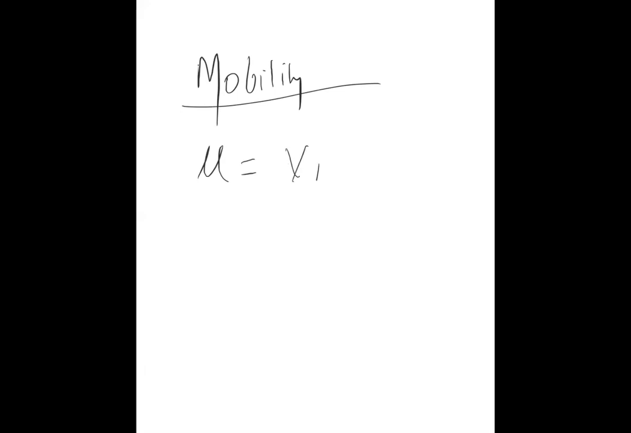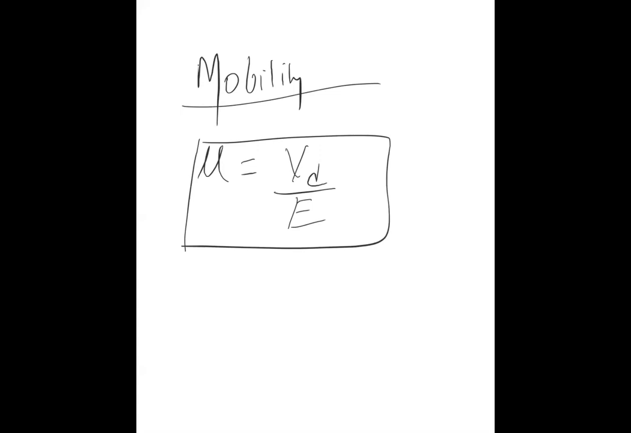So I have to teach you this mobility. Okay. Mobility is nothing but this one. This is the formula: drift velocity upon electric field. That is the formula for mobility. Drift velocity upon electric field. That's all. And one more formula is you can put the value of the drift velocity formula that we derived